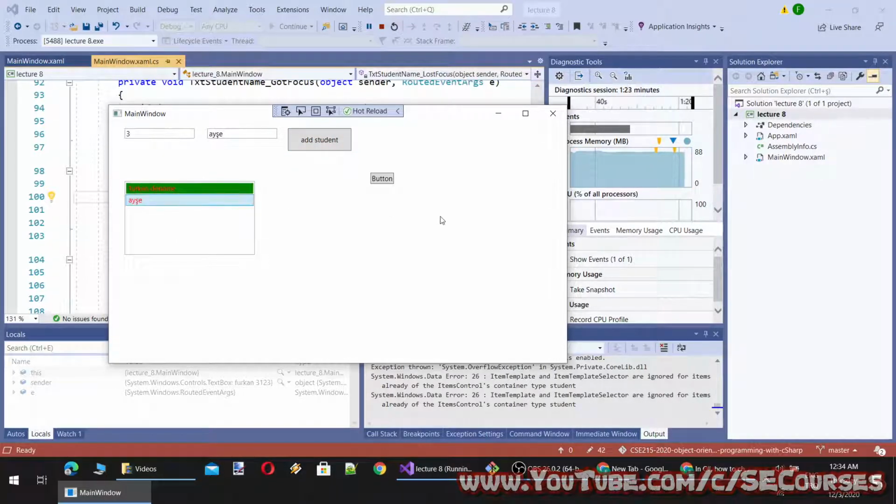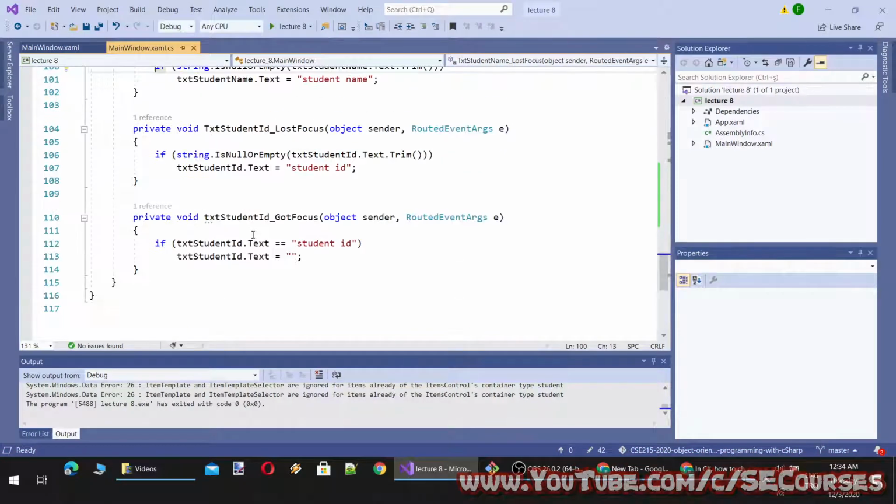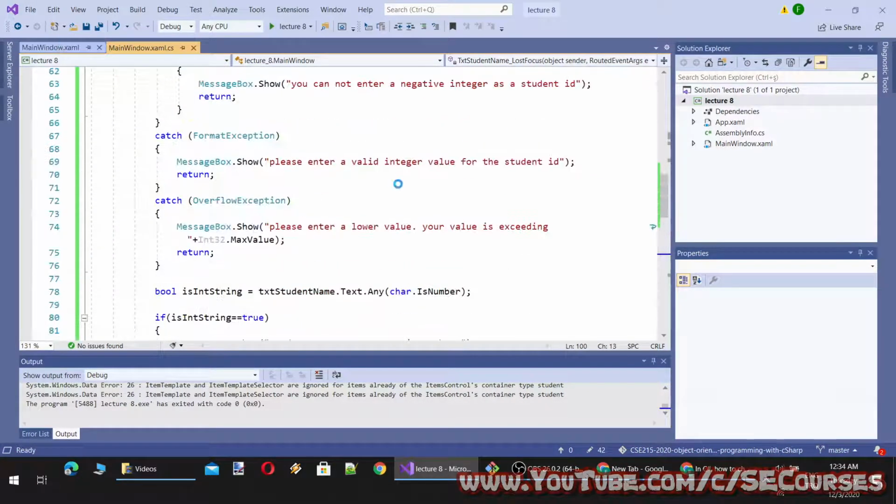Okay. So on double click of these elements, the objects of the list box, I will display their student ID. How am I going to do that? It is so simple.